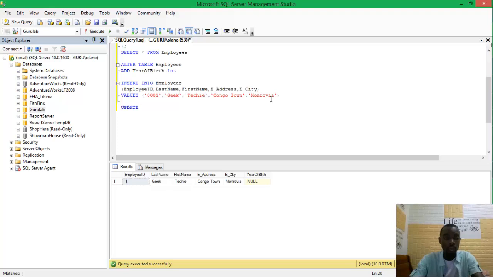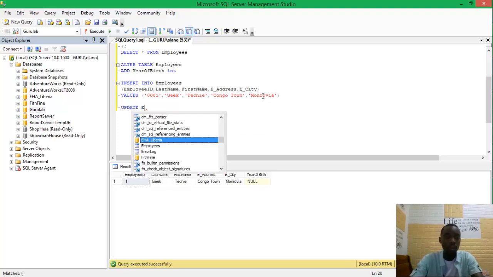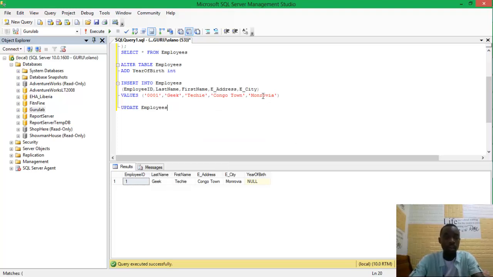Use a command called update. So you update each table. You want to update the employees table. And what do you want to update? I want to set the year of birth. I want to set the year of birth to be equal to maybe 1847,